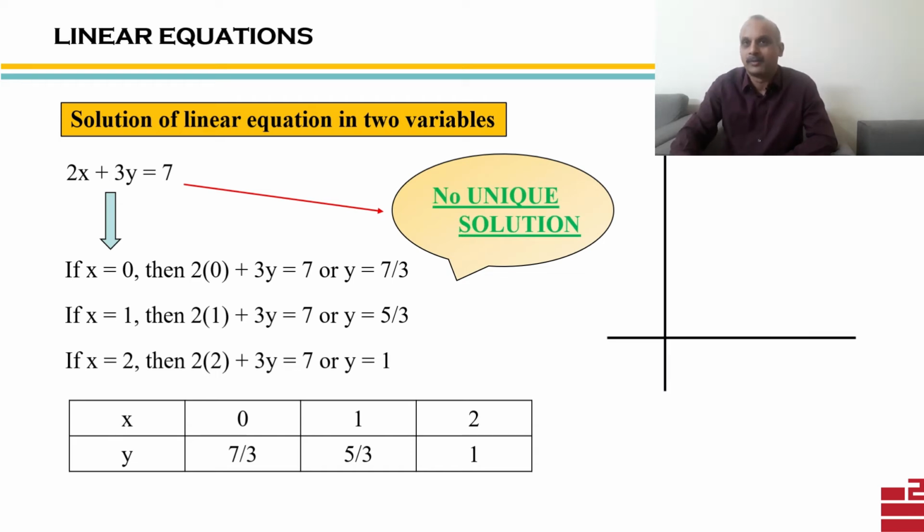If I draw the graph of this linear equation in two variables, what do I get? I will get a straight line. So let us plot these points on the coordinate axis. The first point we have drawn is (0, 7/3). Then we have (1, 5/3), and then (2, 1). A straight line will pass through these three points. In fact, when we say linear equation, the word linear is composed of the main word line. It means that the graph of it will be a straight line.